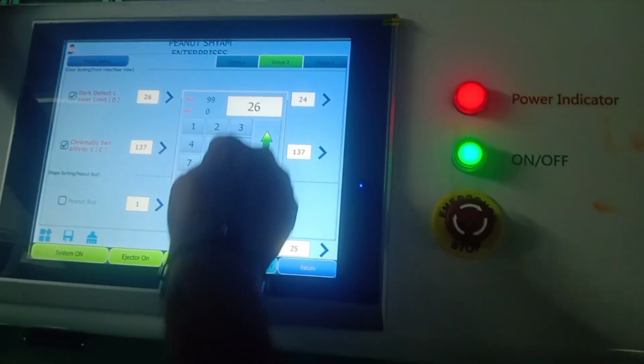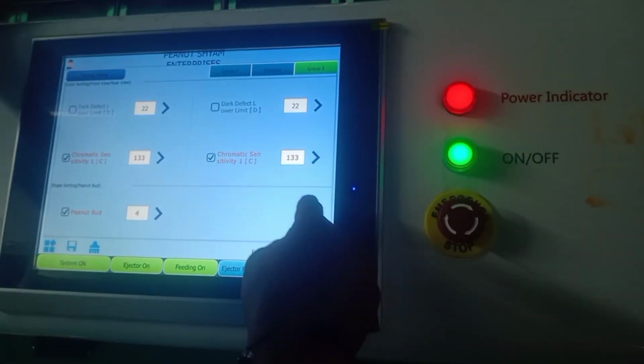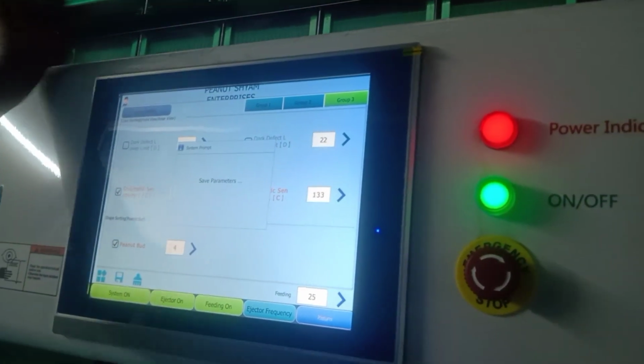Why is screen setting important? Product quality. Correct screen setting improves product quality as defective and unwanted products are removed. Productivity. Correct screen setting increases machine productivity as the machine makes fewer mistakes. Cost savings. Correct screen setting leads to cost savings as fewer products are spoiled and fewer workers are required.